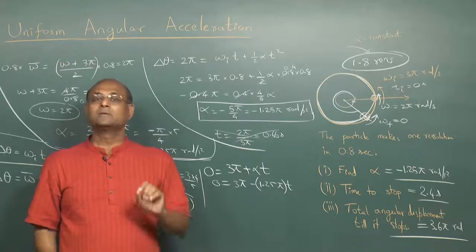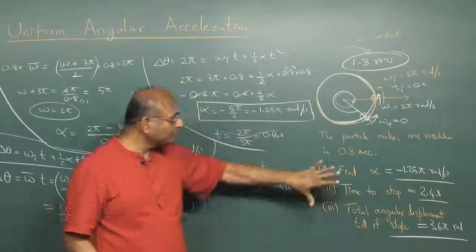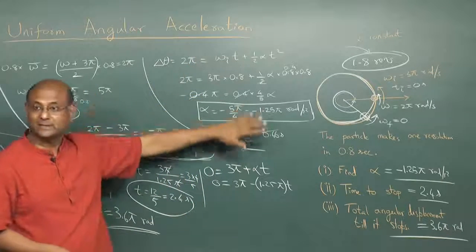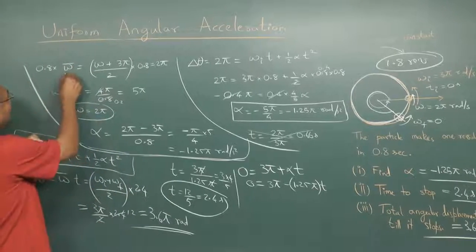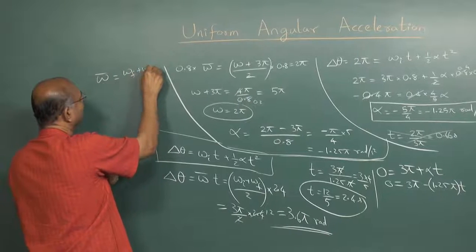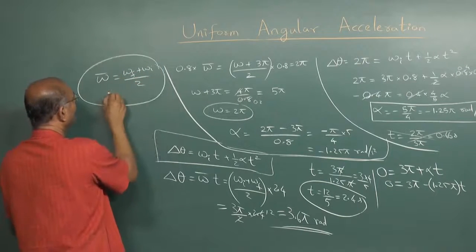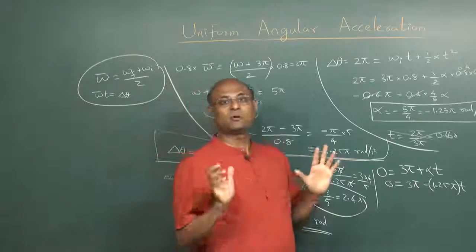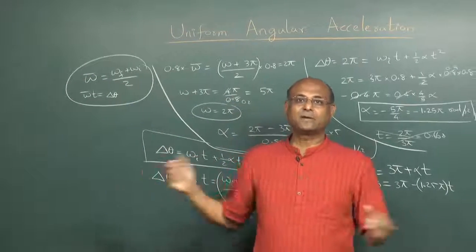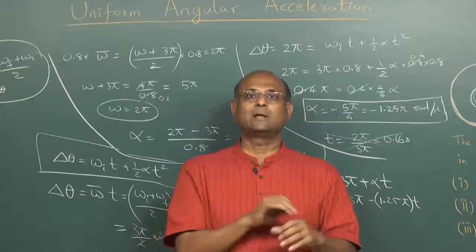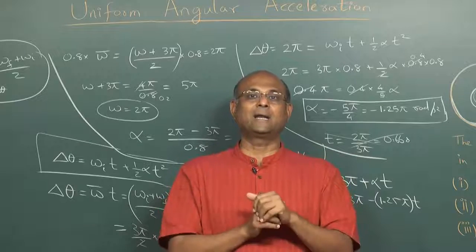So I hope this is clear. So when you are given some information, we can use these equations to solve. You will find that there are multiple ways to solve. For example, I found alpha directly by using the formula. But you can also use this powerful tool, which is average angular velocity is final angular velocity plus initial angular velocity by 2. Very, very powerful tool. And average angular velocity into time is delta theta. These two we can use for uniform angular acceleration in a very powerful way to solve problems. We have now learnt a lot of different equations for uniform angular acceleration, and the real best way to understand it well is to solve a